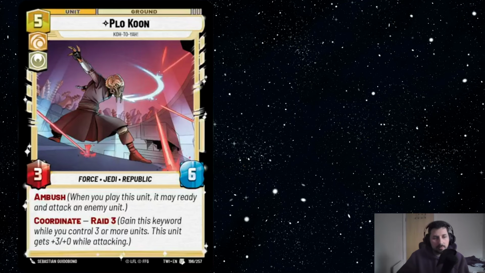We got Plo Koon. Okay, if you can get Coordinate, this card's quite good. 6/5 with Ambush is really solid. It's Raid 3. It's not +3 attack, but it's still good. And it's also a Force unit, which is in the Republic, which I think is going to be very relevant in the set, and Force is always very relevant. So overall, I think this card is okay, but the